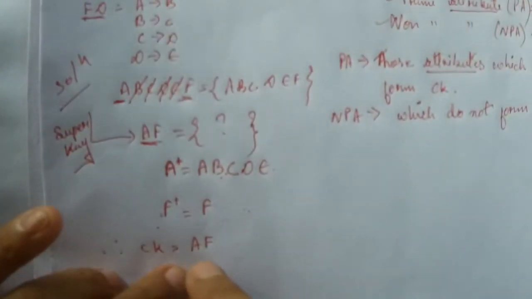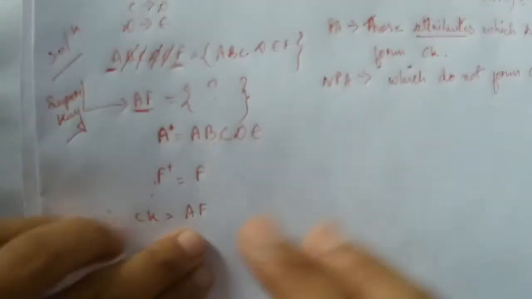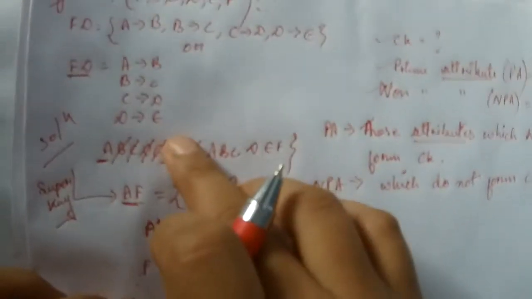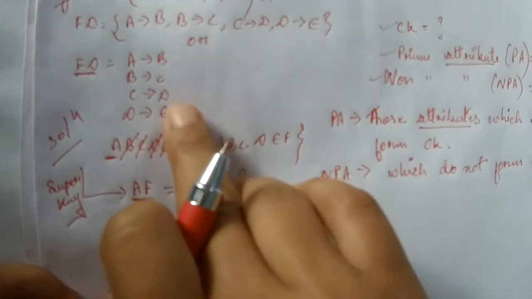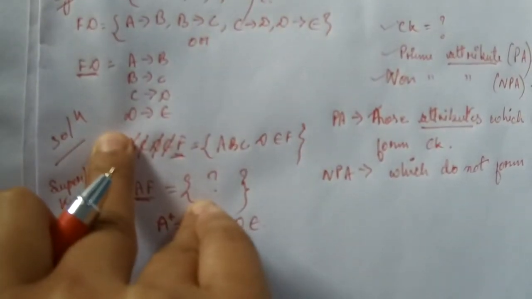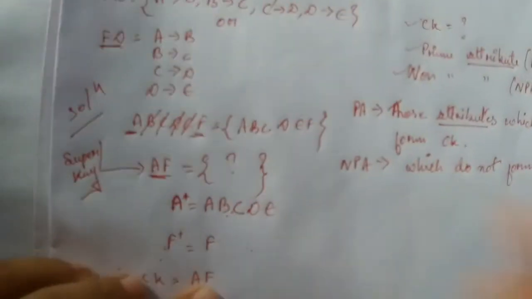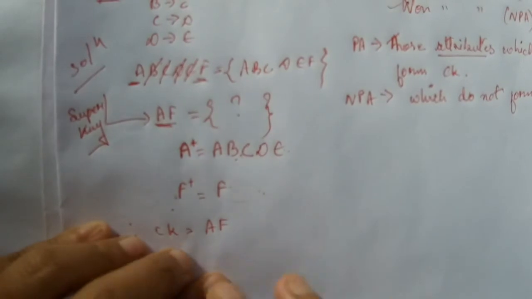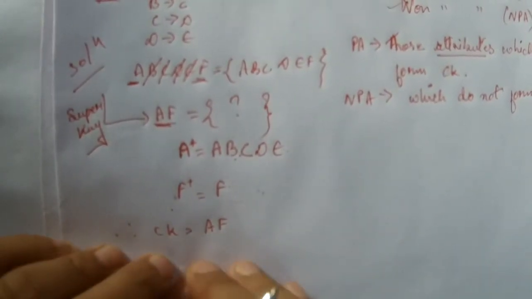We have found only one candidate key; there is no more than one candidate key in this relation. For example, if F was here in place of E, then we would have just replaced it with D. In that way we could have found our candidate key, but in this example we do not have that, so we'll just leave it like that. We'll solve this type of example again in our next video.